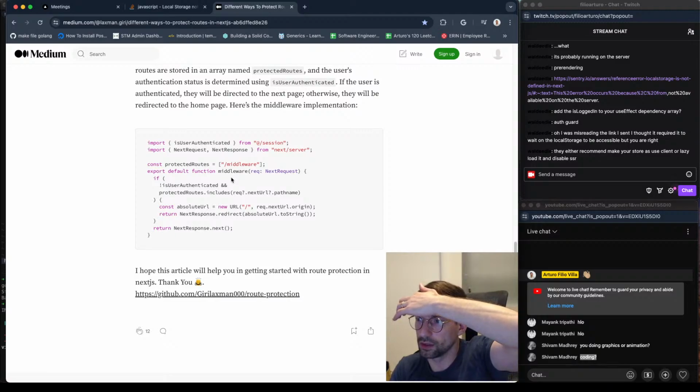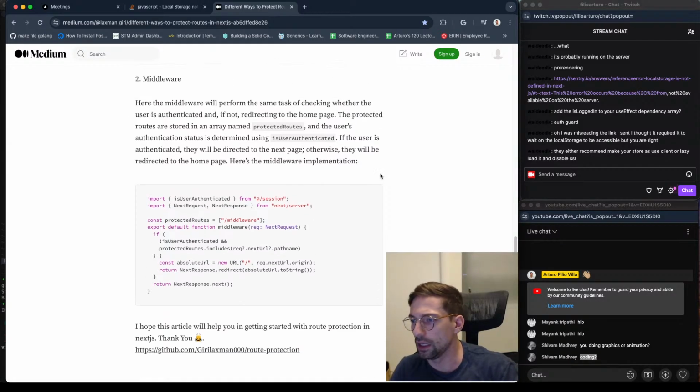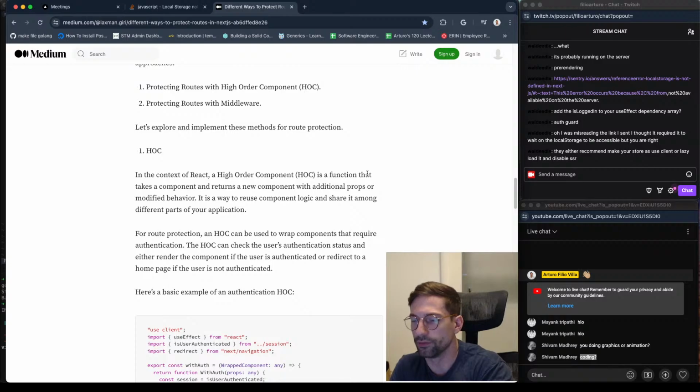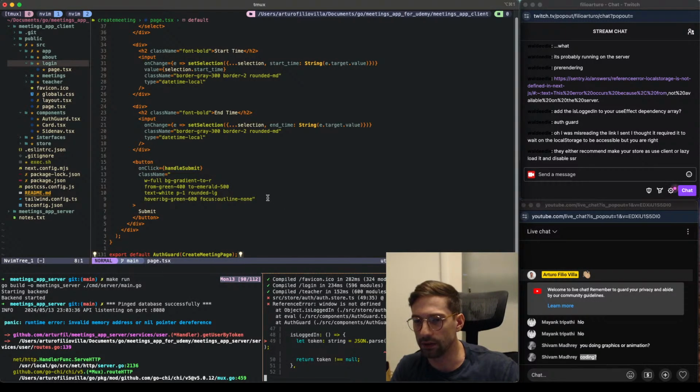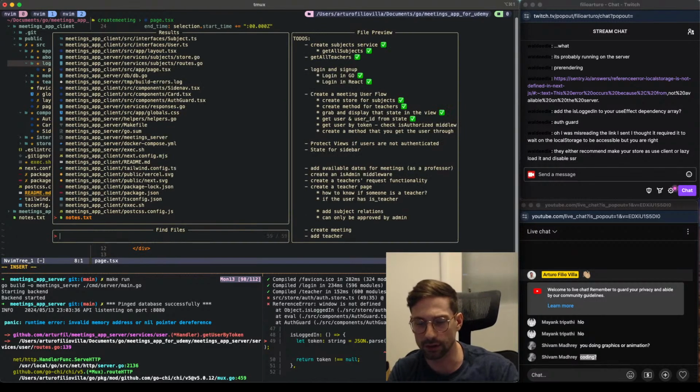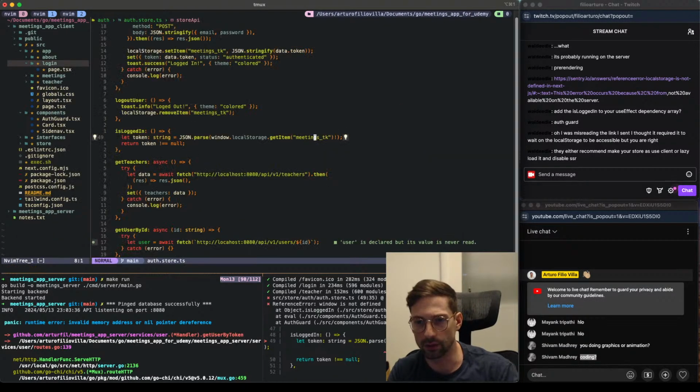Oh, I was mirroring the link I sent to require a wait on the local storage basis, but you're right. They make your store a client or lazy load and disable SSR. Yeah, I think in this case it was not needed. What is interesting though is that the window thing didn't help. I thought that it makes sense what they were doing in the article, but